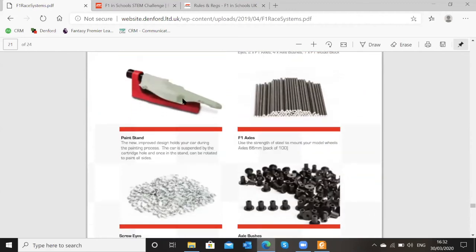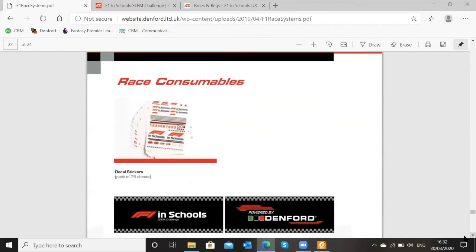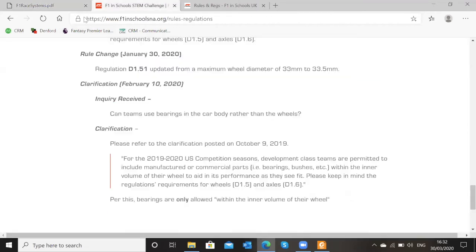And then it's got a paint stand and the rest of it. So these are all the equipment that can be associated with the F1 in Schools, and these can be downloaded straight from the Denford website. And in terms of